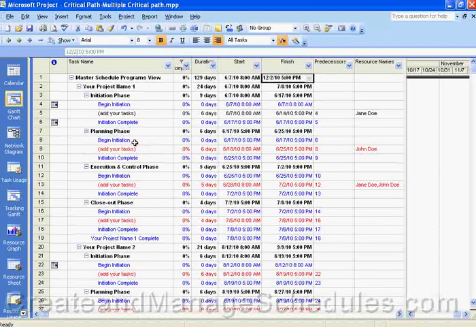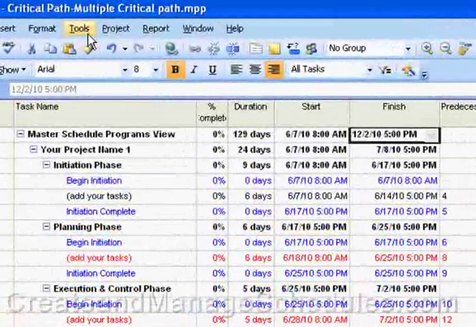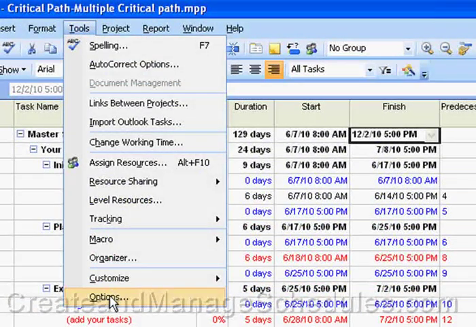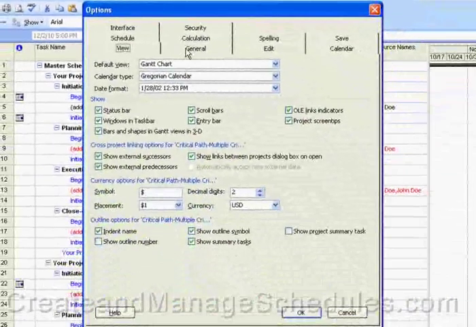Now let's say that you decide that you want to always display auto filters, always want to have these triangles displayed, then for every new project, every time you create a new project, you want your project to open as a new file with the auto filters on. How you do that, let me just first turn auto filters off, is you go to the Tools menu option, select Options, and on the General tab,